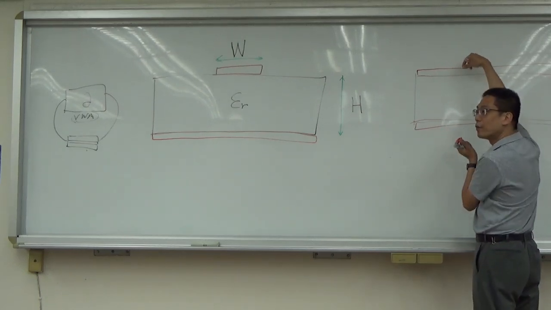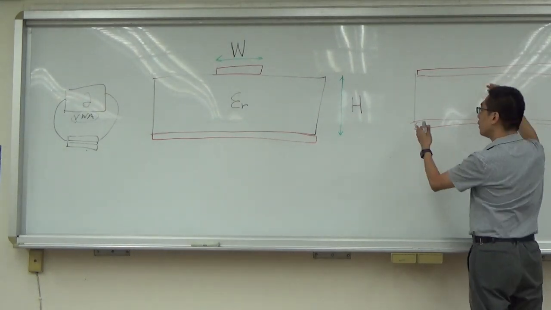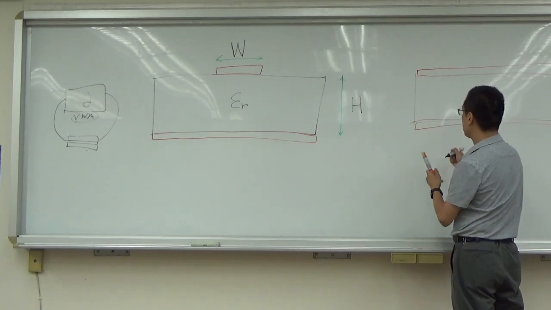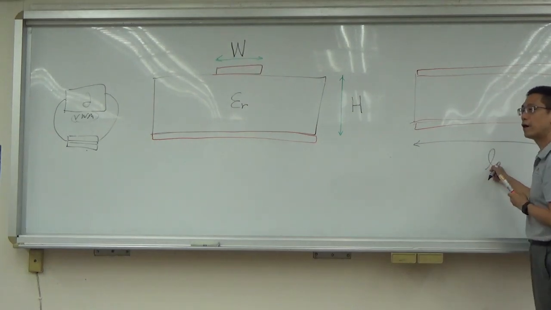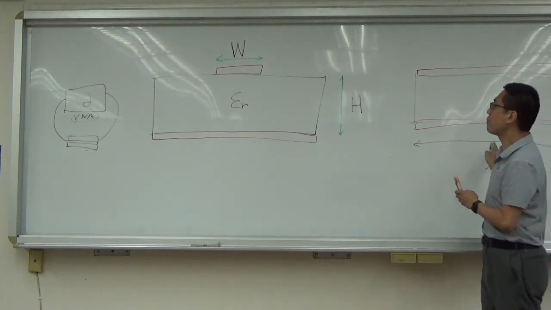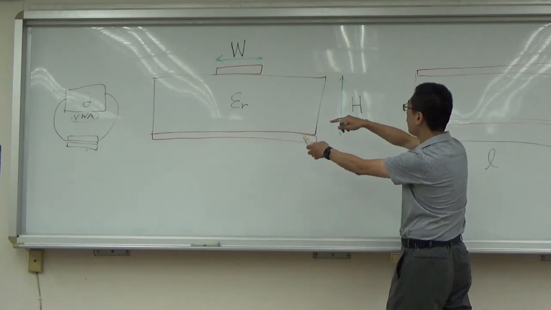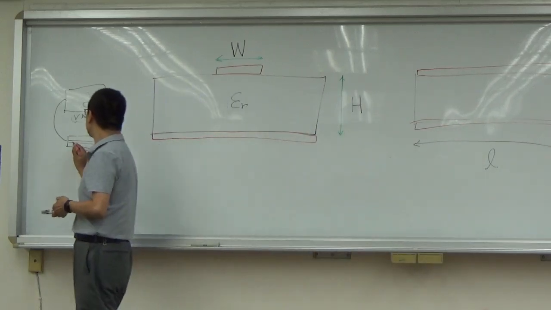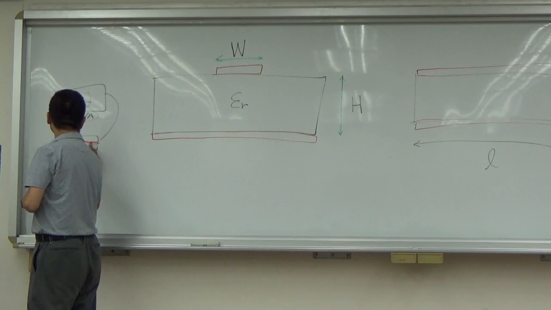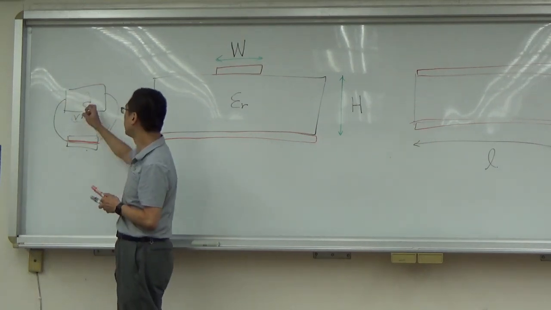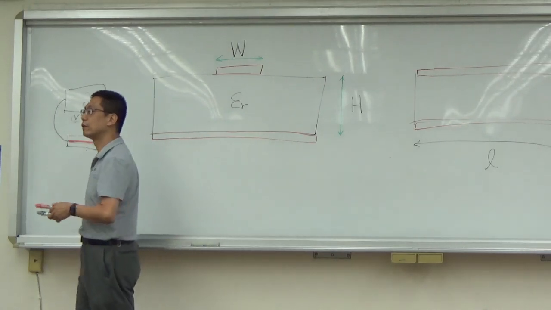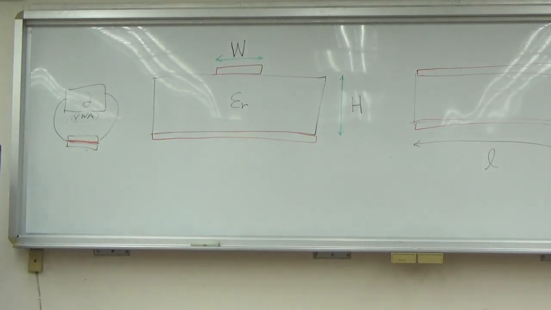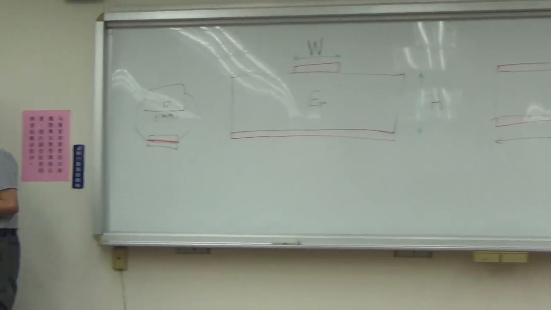This is the physical length L. When I measure the line from here to here, I measure theta. What exactly did I measure? Can you tell me? Theta equals to